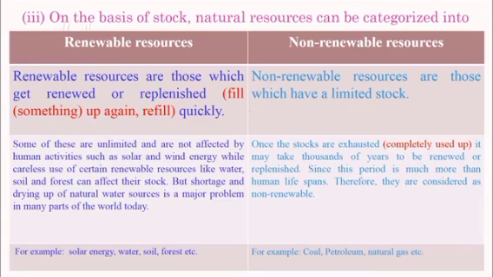In renewable resources, some of these are unlimited and are not affected by human activities such as solar and wind energy, while careless use of certain renewable resources like water, soil and forest can affect their stock, but shortage and drying up of natural water sources is a major problem in many parts of the world today,